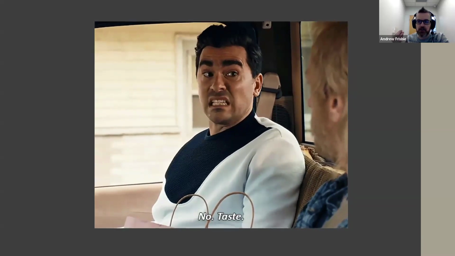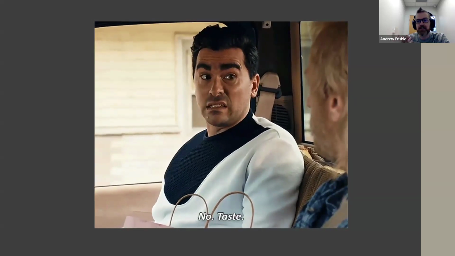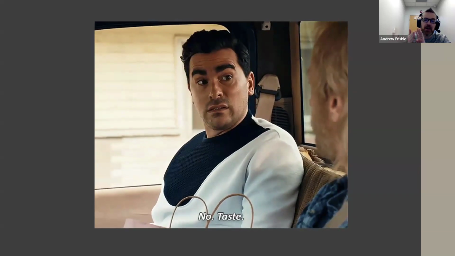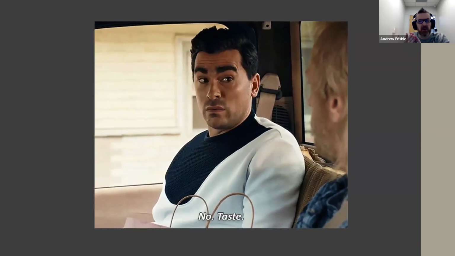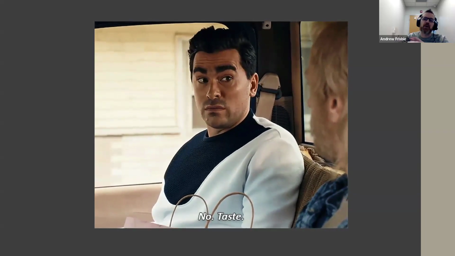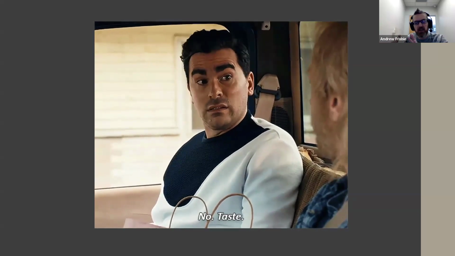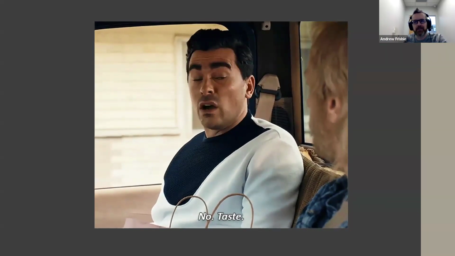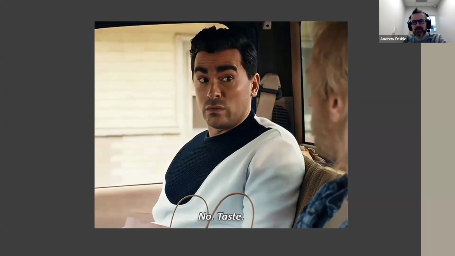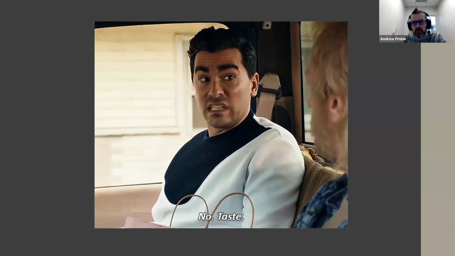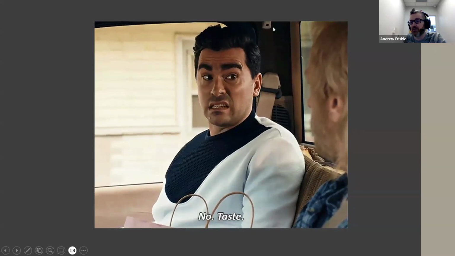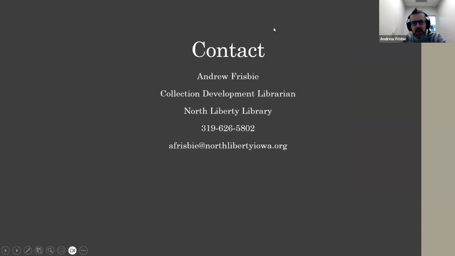I think everyone in a position like this has a taste. My personal taste is extremely narrow, and almost no one in my library would read that. But I feel my taste has grown such that I know the taste of everyone in the community, what my community wants. So if you're just getting started, just develop your taste, or trust that you have it. And then there is my contact information if there are any questions, and I know the slides will be shared. And that is everything for me.